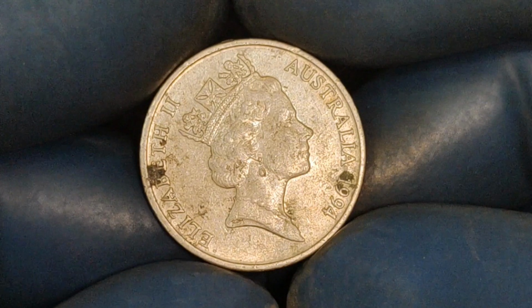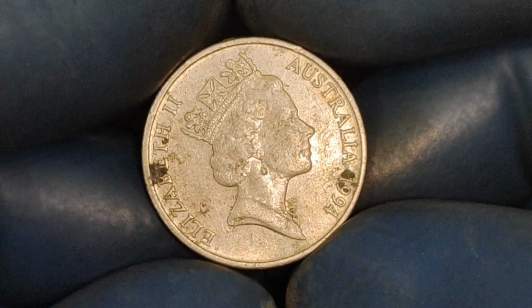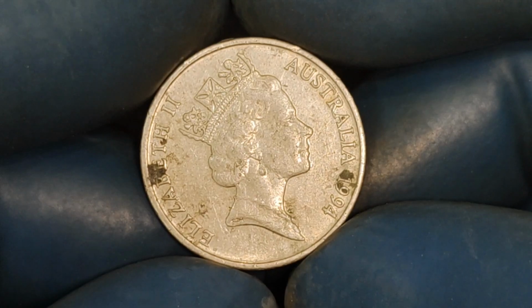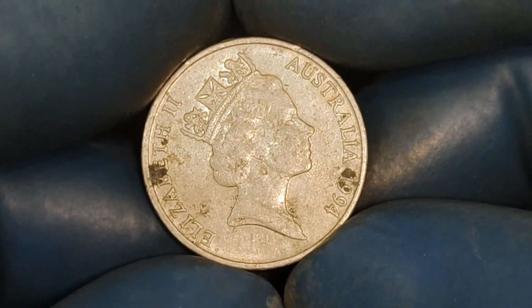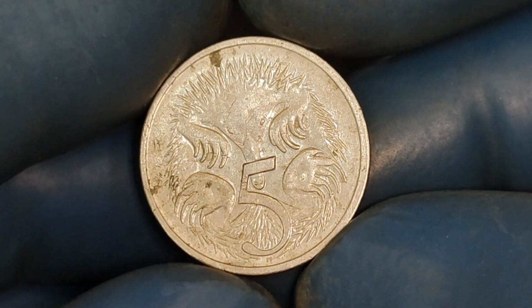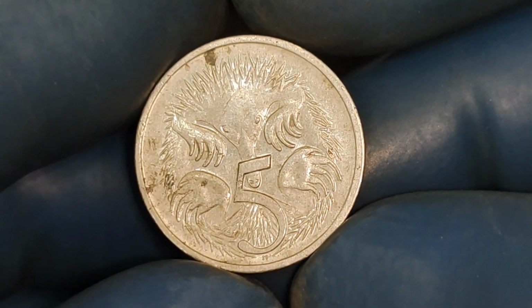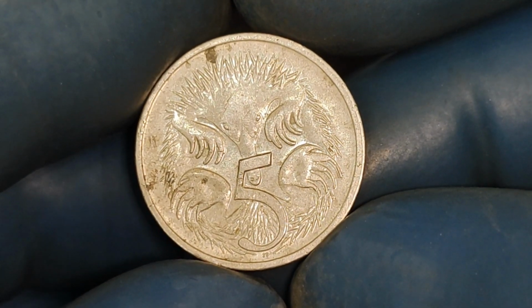When it comes to current market value, this is where things get exciting. The Australia 5 cents 1994 coin, with brown spotting in very fine condition, is seeing growing interest in both local and international auctions. While the face value is just 5 cents, today this particular variant can command impressive figures, sometimes